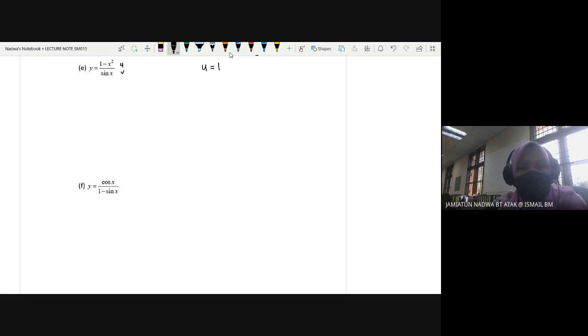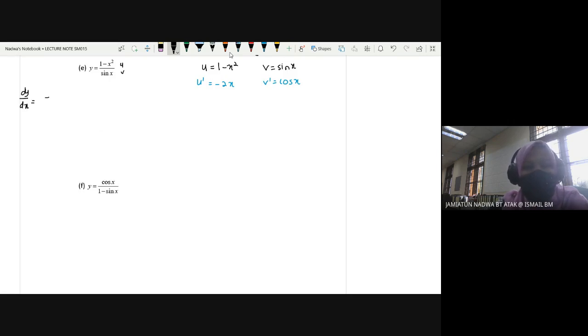U equals to 1 minus x squared. V equals to sin x. So kita differentiate untuk dapatkan U prime dia adalah negative 2x. V prime equals to cos x. So bila kita differentiate, dy/dx equals to VU prime